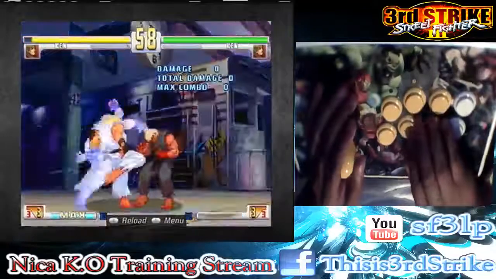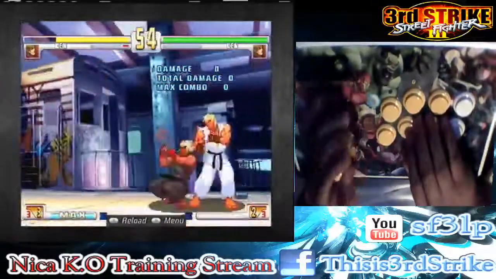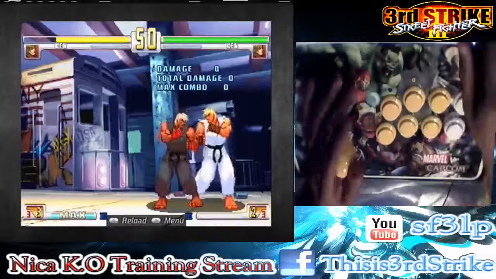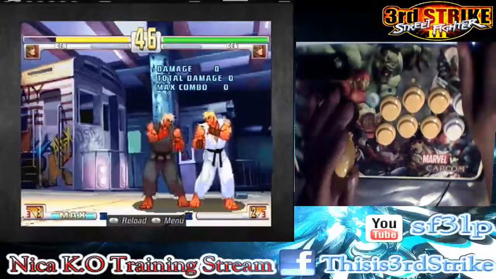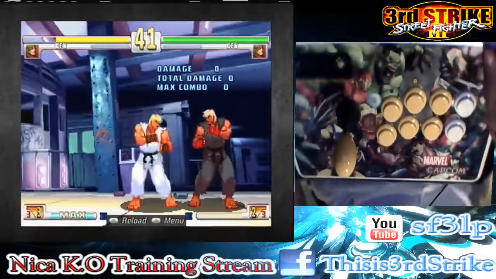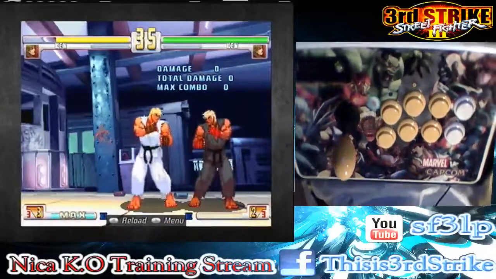So right here, after the super, you'll probably see Ken inch forward a little bit, and then you will block the other way. So that's just one way to look at it. I mean, there's plenty of ways that you can think of it. For example, in the Ken matchup, there's a little glitch in the game, I guess. It's this thing in the game where